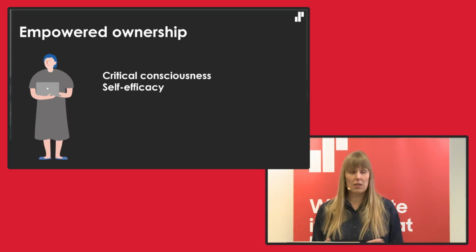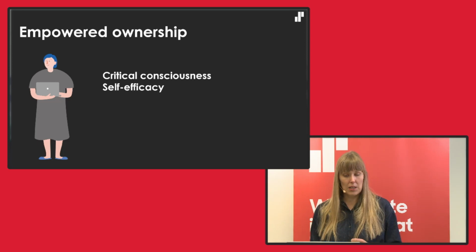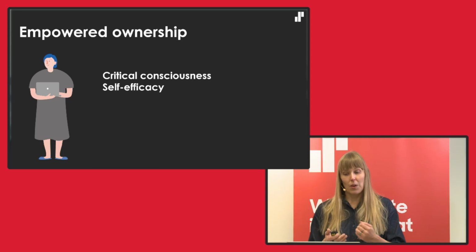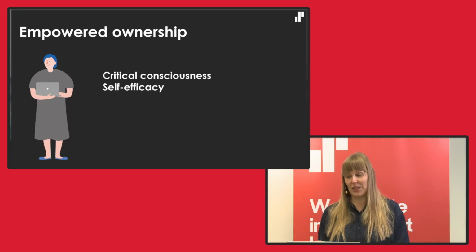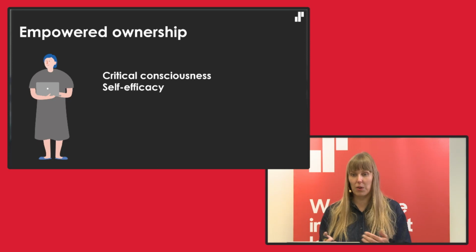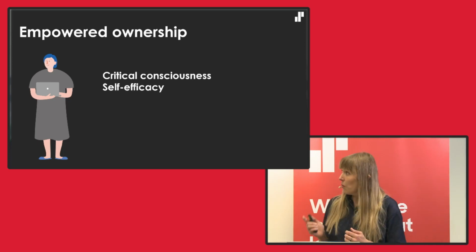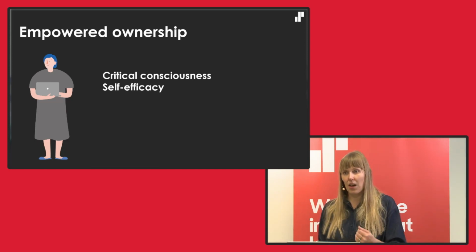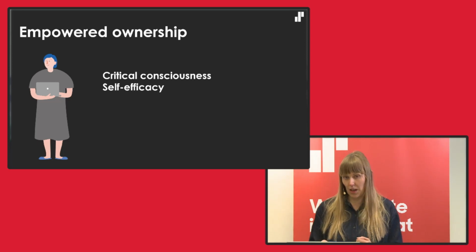And the second one is the term self-efficacy, which means that you need to have a feeling that you can actually change your circumstances. So you can find ways to work around the blockers or the bottlenecks or the challenges that you will face when you're trying to build something in a new way. Both of these topics from sociology will happen when you have the owner there from the beginning, understanding the challenges, sharing them, and then also giving them a role where they actually have something that they can work on.